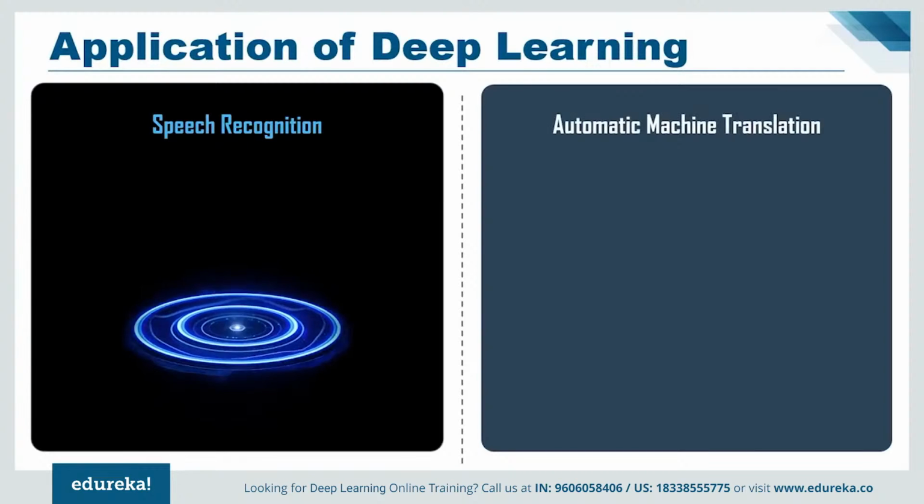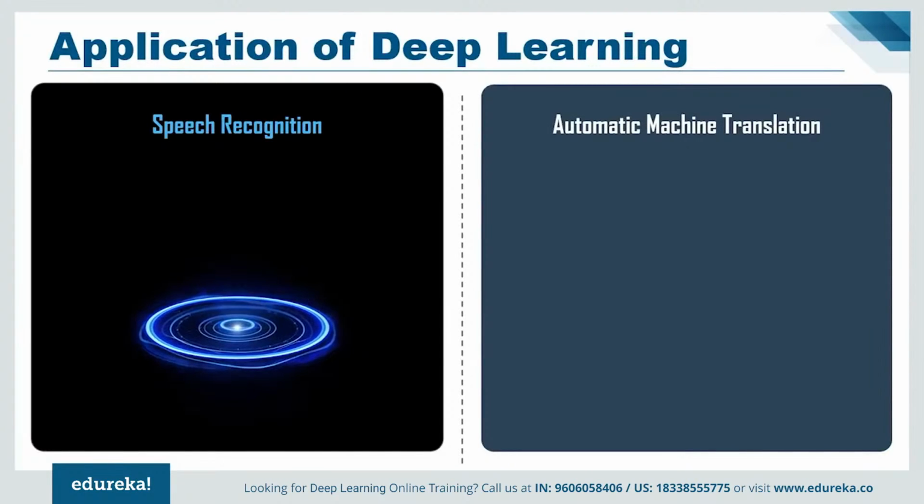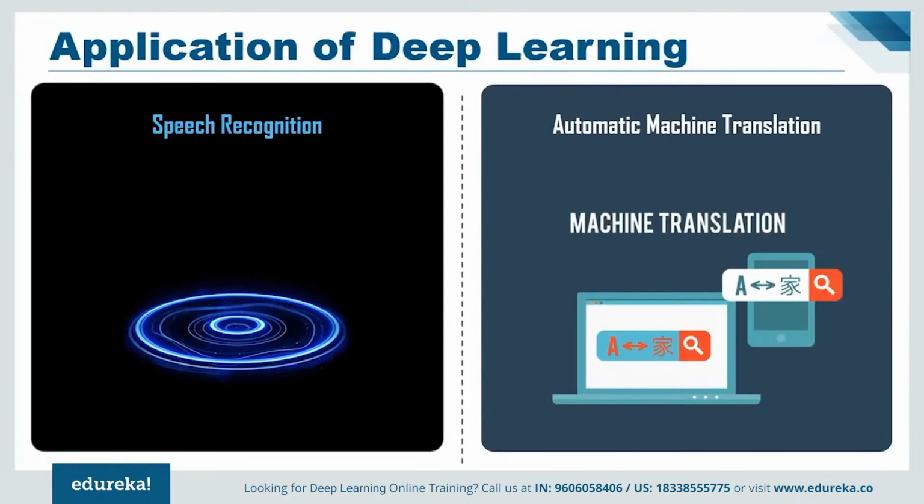Next on our list we have automatic machine translation. We all know that Google can instantly translate between 100 different human languages, and that too very quickly, as if by magic. The technology behind Google Translate is called machine translation and has been a savior for people who cannot communicate with each other because of a language barrier. Now, you would be thinking that this feature has been there for a long time, so what's new in this? Over the past 2 years, with the help of deep learning, Google has totally changed its approach to machine translation in Google Translate.